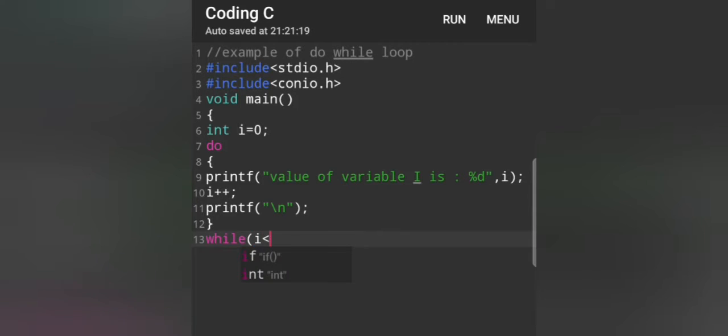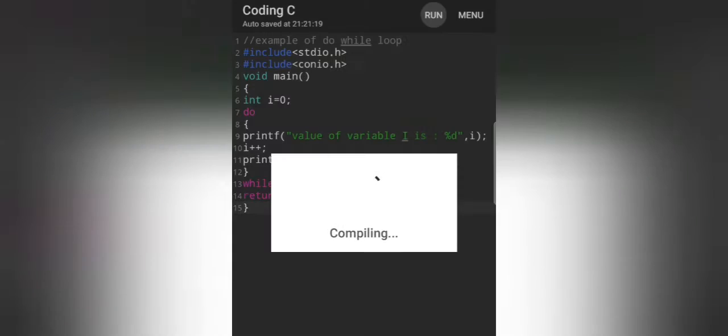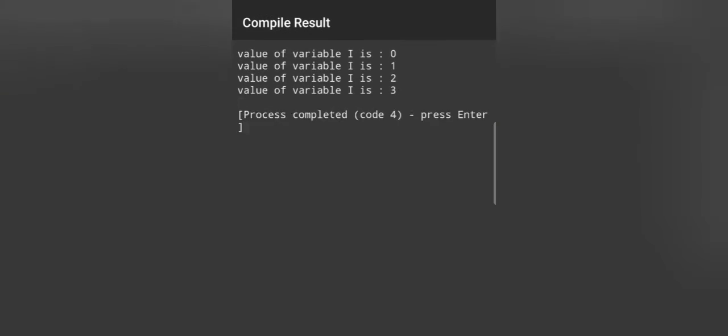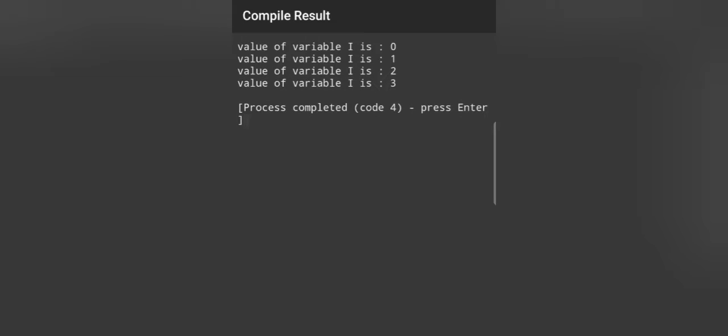After that, I am writing the word while and in brackets I am specifying my condition that till i is lesser than or equal to 3, return 0 and my block has to be executed. To close my program, I will be using closing curly braces. Now let us compile our program and check the output. The same sentence has been iterated 4 times with incremented value of variable i.